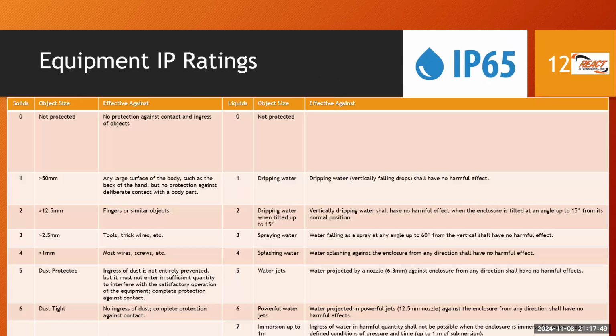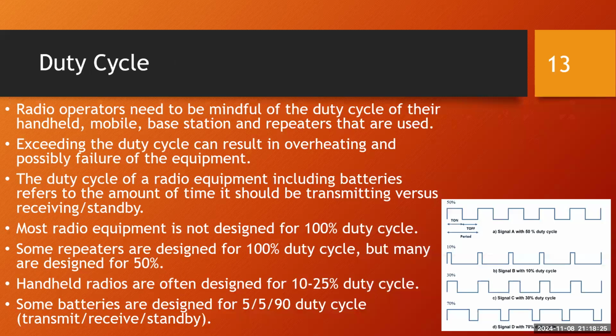And this is the table I promised you that will talk a bit about the IP rating. So you can have a look at this, what it means when you have the IP followed by 2 digits. What do the digits mean, right? So IP 67, that's how you get it. 6 means dust type and 7 means immersion up to a certain depth. If your radio is IP 32, well, the first digit 3, this is what it will allow, and 2, this is what it will allow. So just quickly for your reference, everyone, these slides will be circulated and you have access to it, right? You can read on your own time. Again, just some technical information that is useful to be aware of. I wouldn't spend a lot of time on this slide.